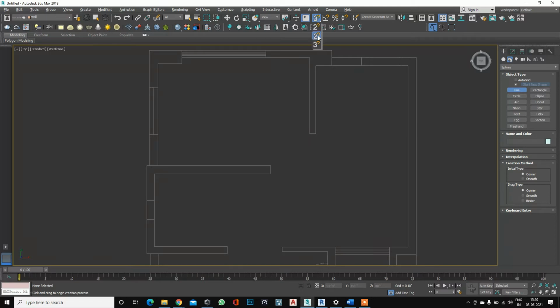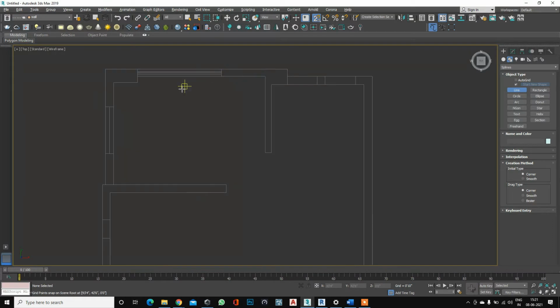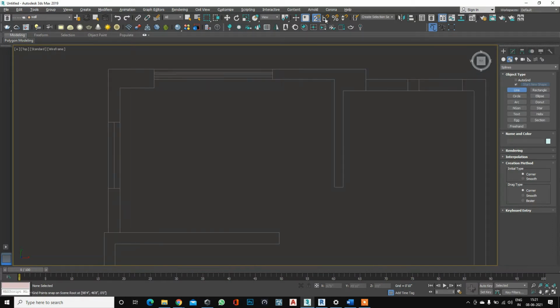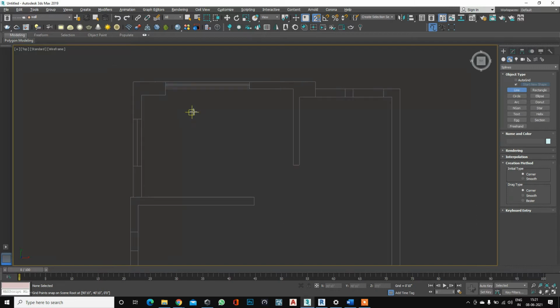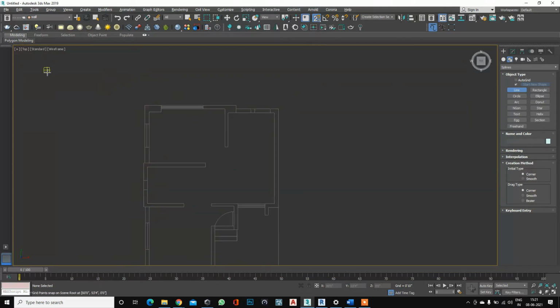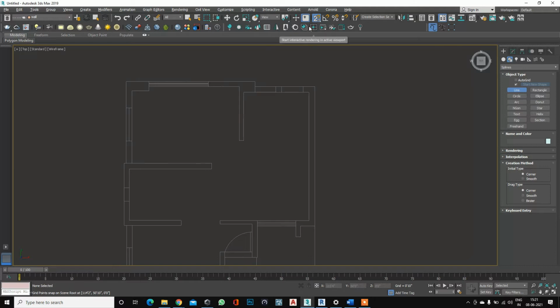I will show you in a practical demo after that, but you need to first understand the difference between 2.5D and 3D. You can always use 2.5D as well, but if you work in 3D, it will be time-saving work. Here, though, we are first working on the base surface, so we need to work in 2.5D.